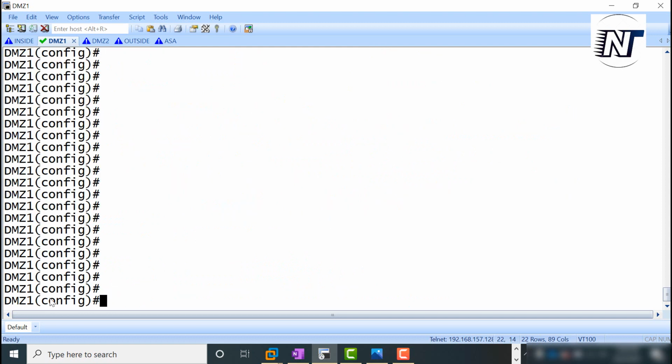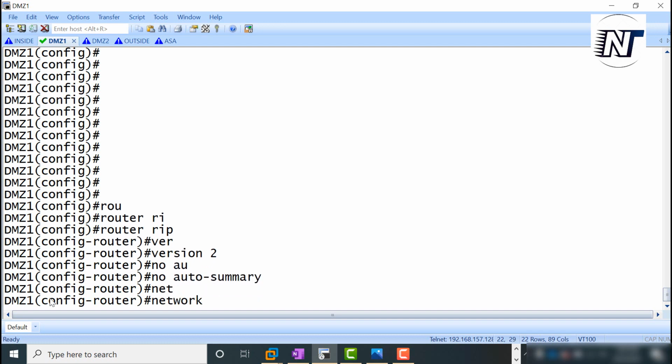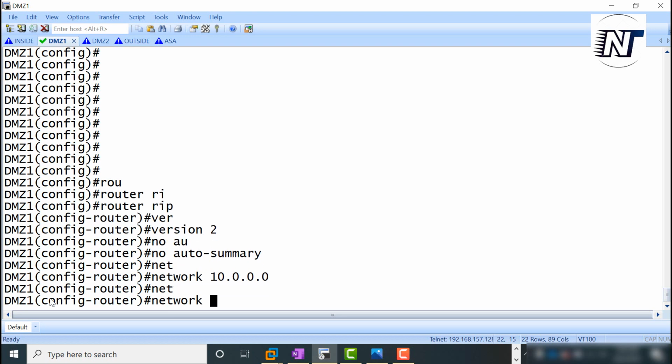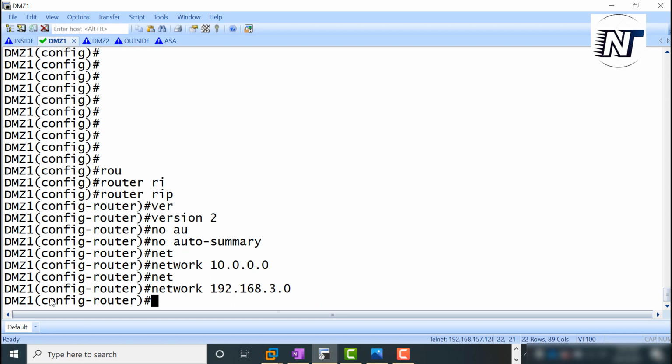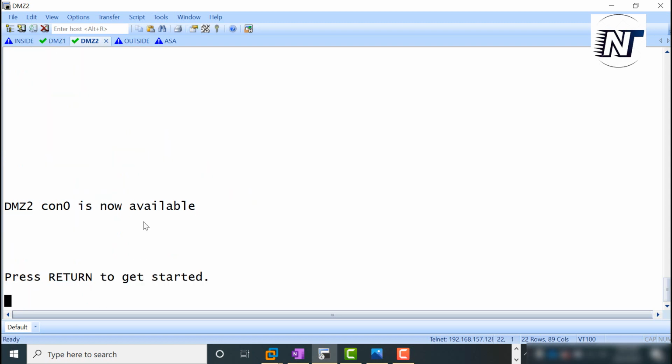Configure terminal, router RIP, version 2, no auto-summary, network 10.0.0.0, next network 192.168.3.0. Yes. Next we'll go to the DMG2 and apply RIP over there.